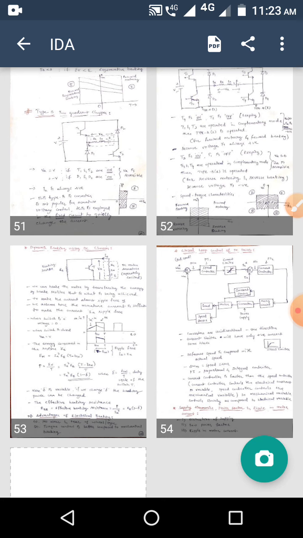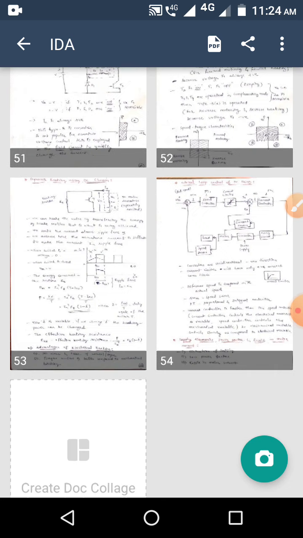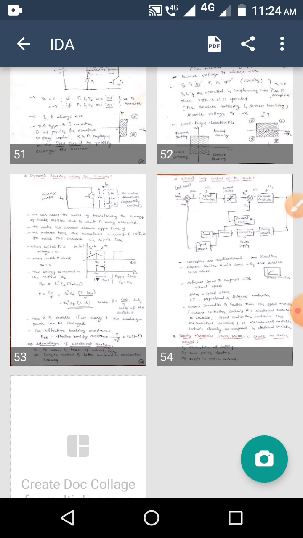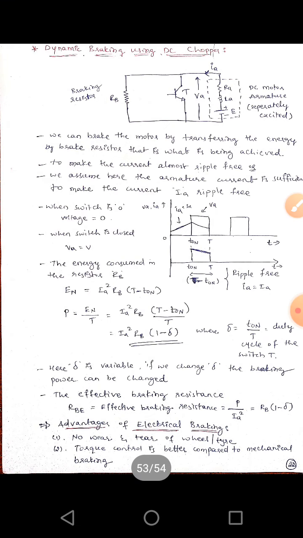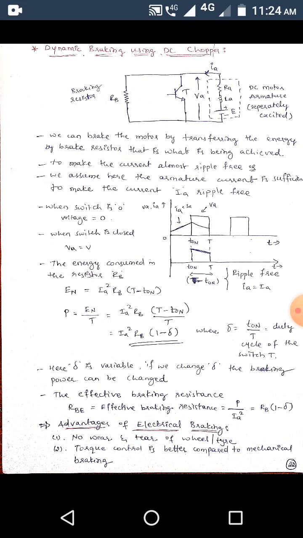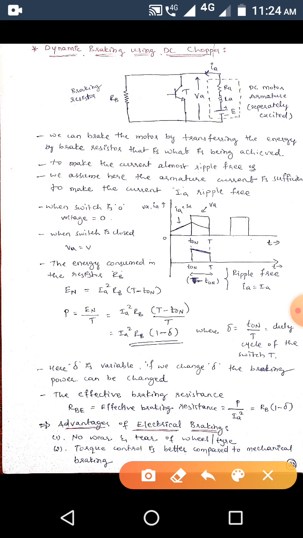Today we'll see the next topic, that is dynamic braking using DC chopper. Okay, so let us consider the